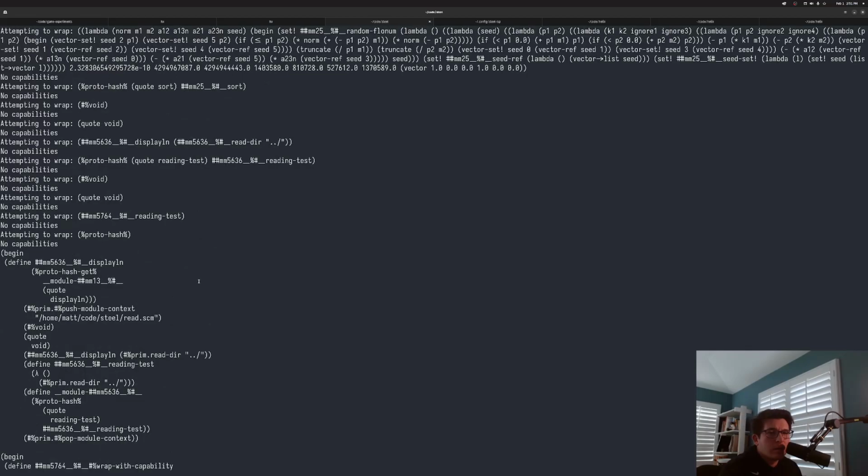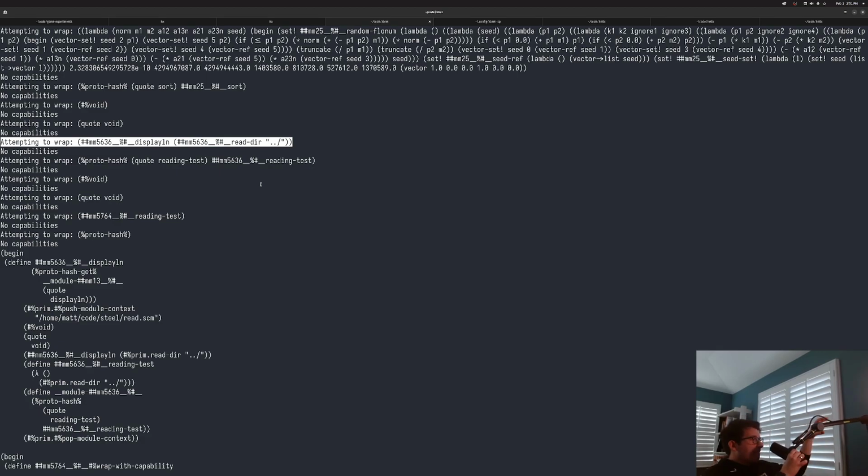Okay, so the capabilities have not been... I see. Oh, that's so bad. Okay, the way I'm doing this just simply won't work. That sucks. I just realized it won't work. Okay. So why it won't work